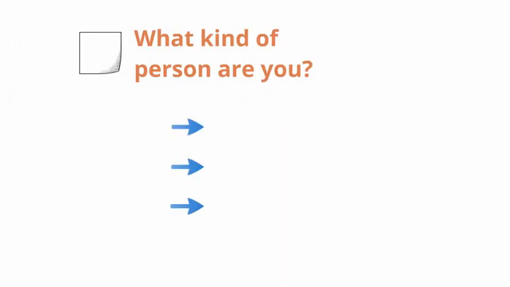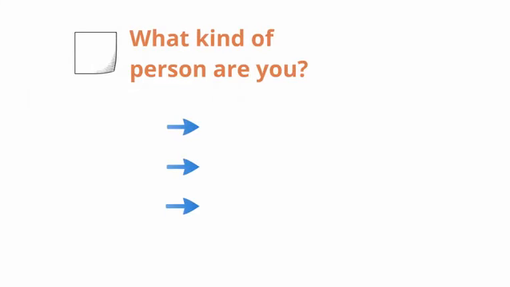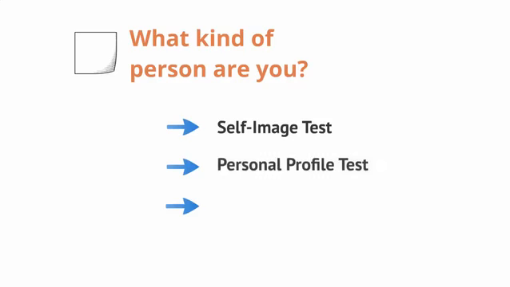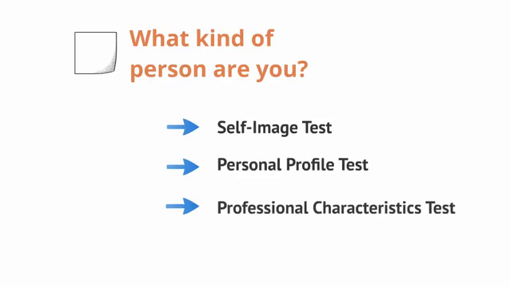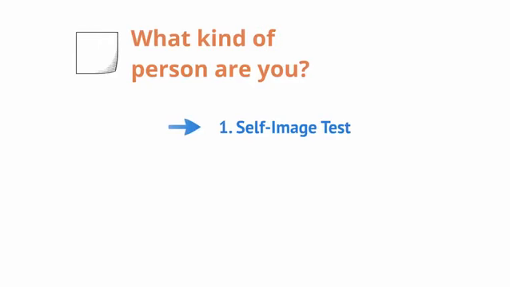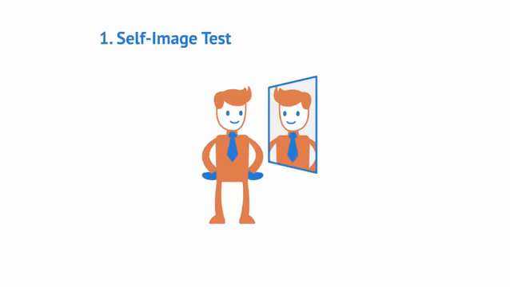To answer this question, you will use 3 tests that are attached: the self-image test, the personal profile test, and the professional characteristics test. In this lecture, you will learn more about how these tests work. Who you are is a combination of how you see yourself and how others see you. The self-image test examines both. The test consists of a range of behavioral descriptions. During the test, you indicate whether or not those descriptions are applicable to you,